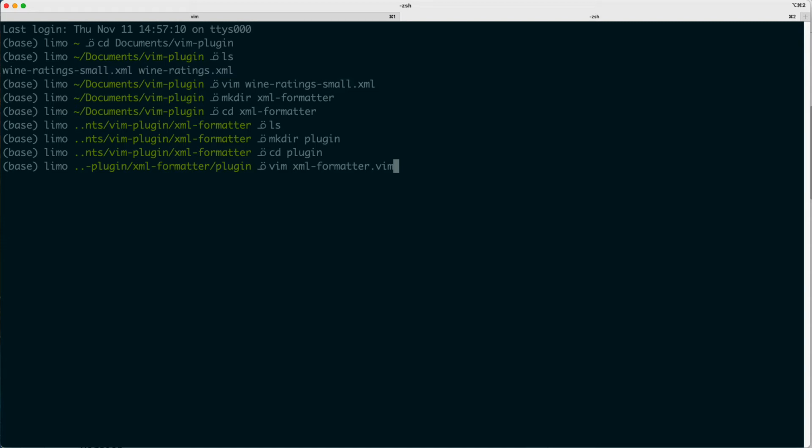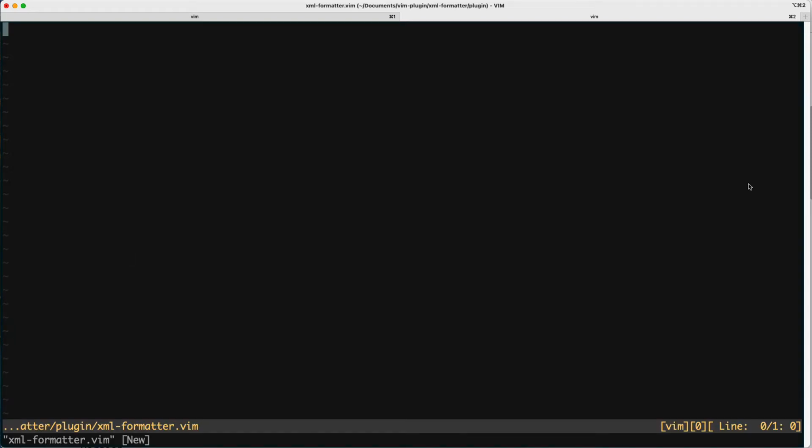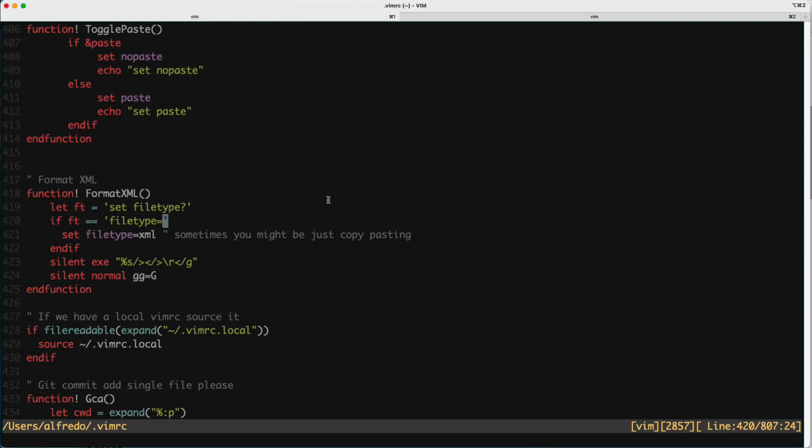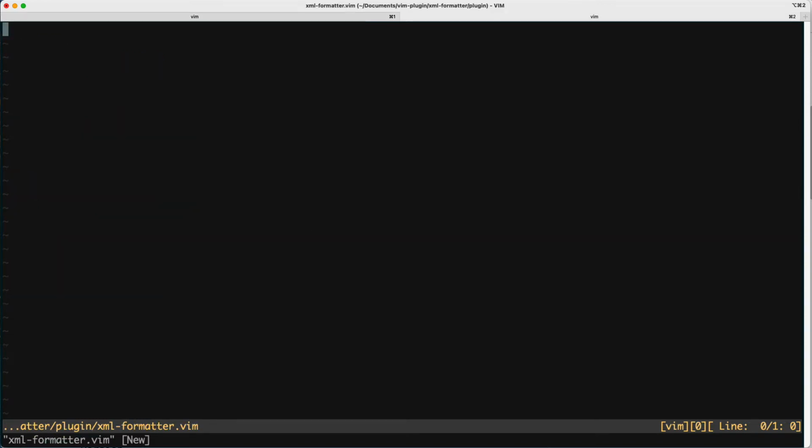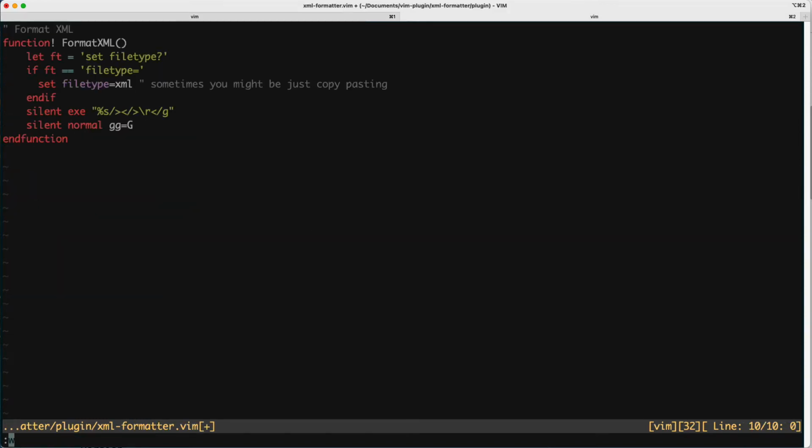What we need to do here is really the same thing that we would end up doing in our vimrc file, but we're going to extract that function out. So we're going to enter here, and now what we're going to do is go back to our vimrc file, copy this function, go in here, and put it there. Now this function exists in there. That's fine, but